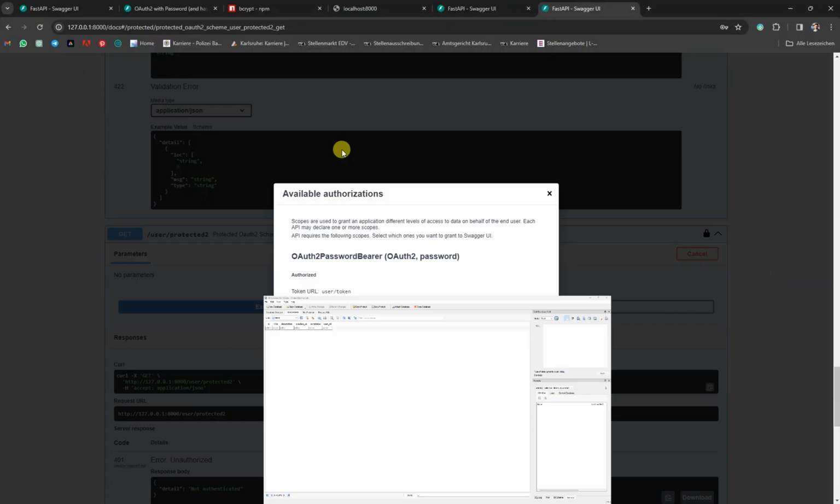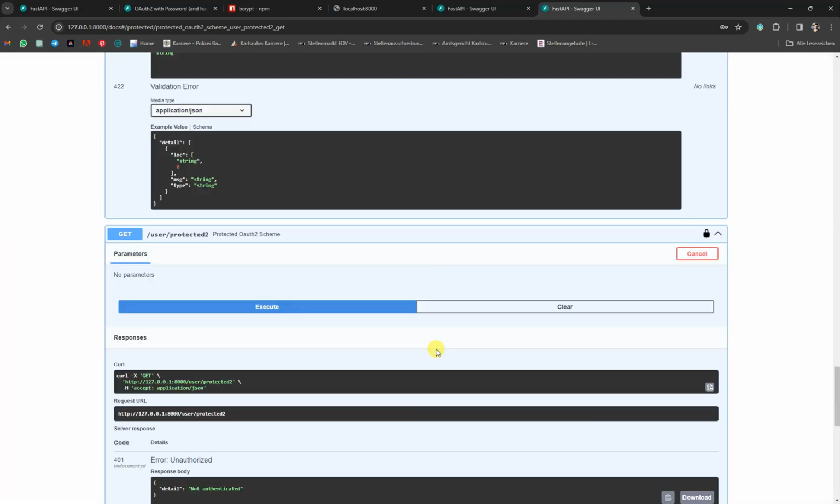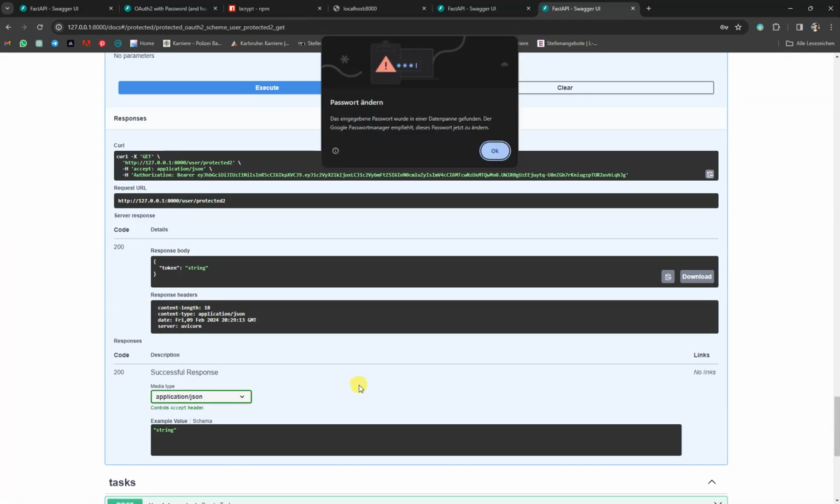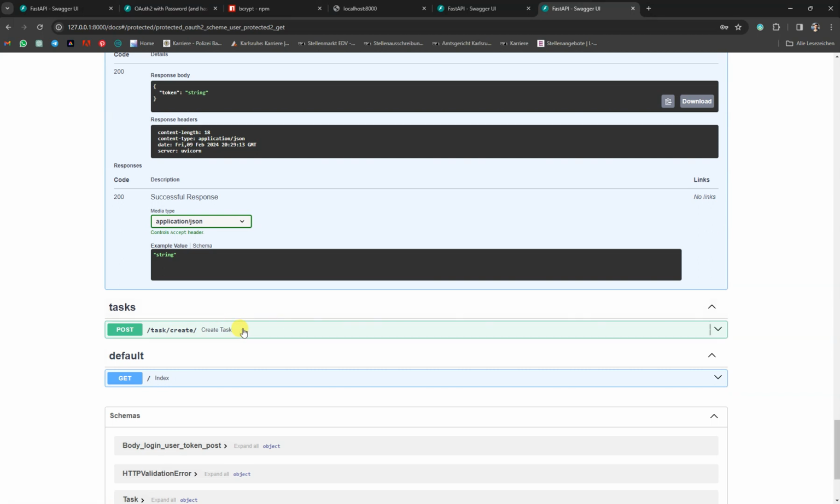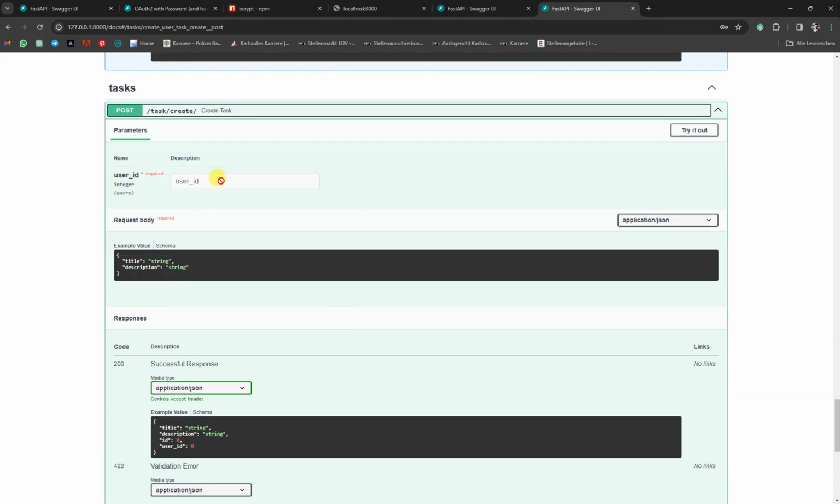If I create any task, okay, if I create a task for user ID 1,